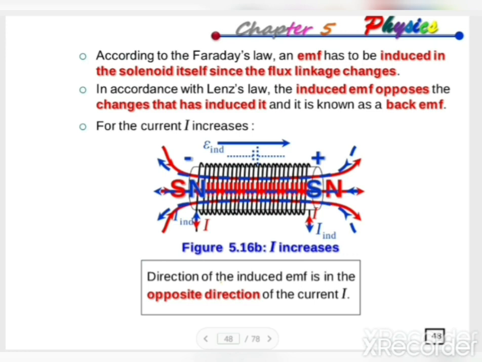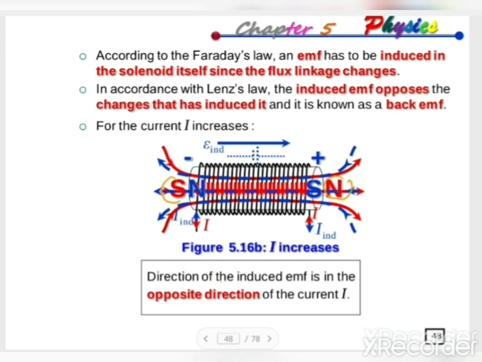For the current I increasing, we know that the B through the solenoid will increase, and for the initial poles, which are presented in red color, we have the north pole here and this end as the south pole. But when the current I increases, the magnetic field increases. Therefore, by using Lenz's law, we know that we have to reduce the flux linkage through the solenoid. Therefore, the direction of the poles of the solenoid will be in the opposite direction,